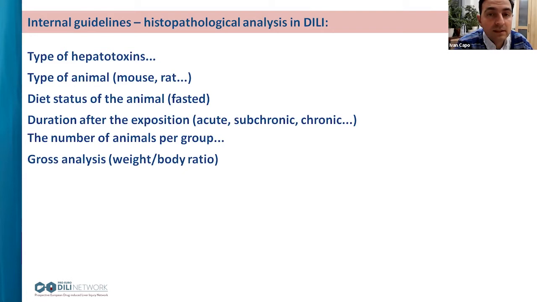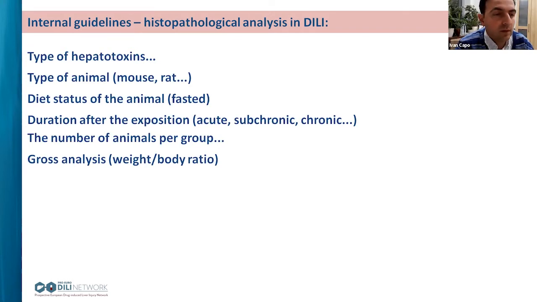Then the gross analyses are very important, and with routine microscopic pictures, for example, of the liver, not just measuring the weight but also the pictures are very important, and we try to put it in a routine